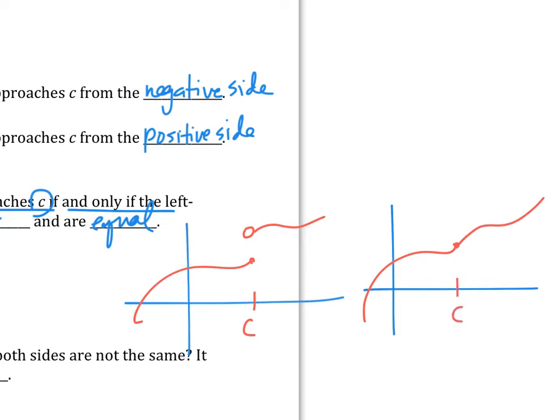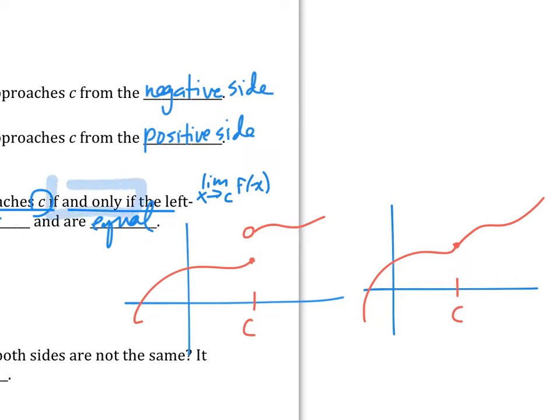So the limit theorem says the limit as x goes to c of f of x exists if and only if, which is a very strong statement in the math world,